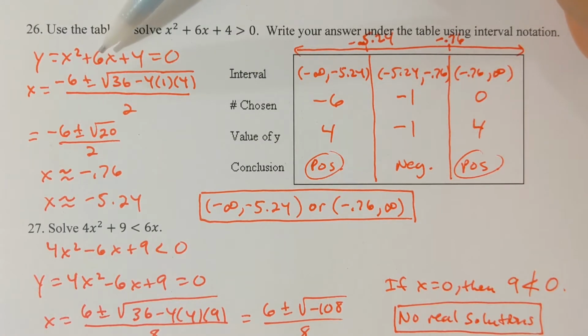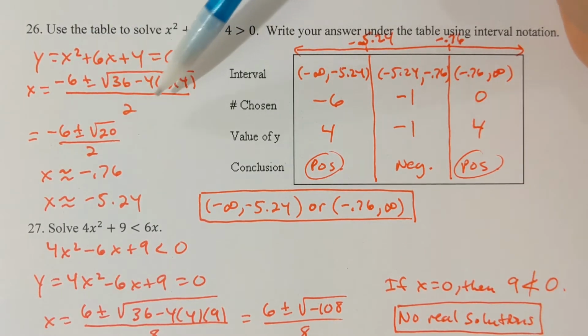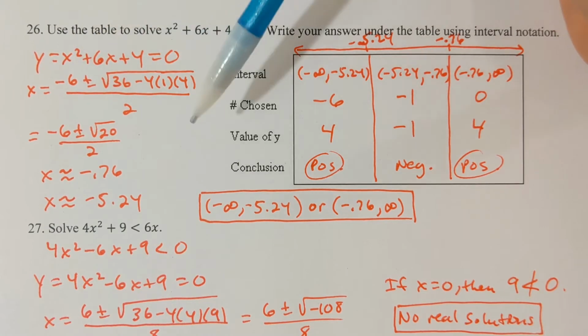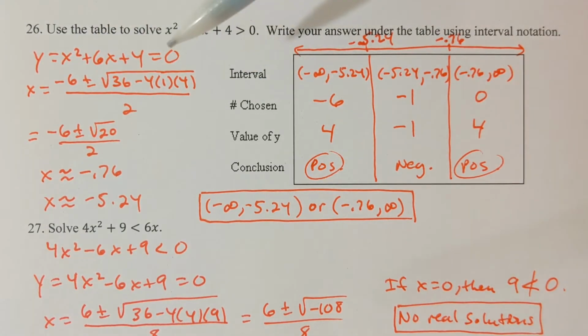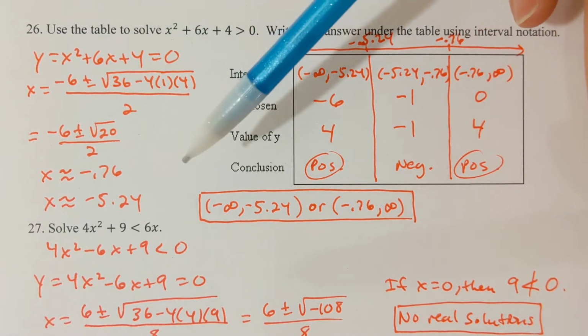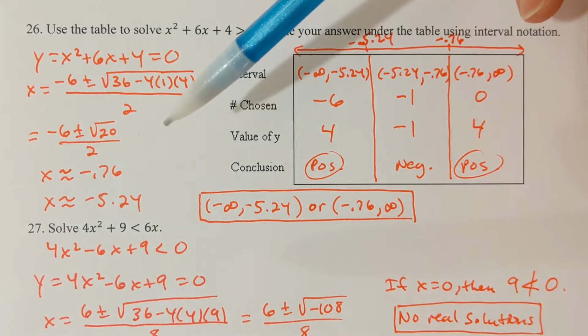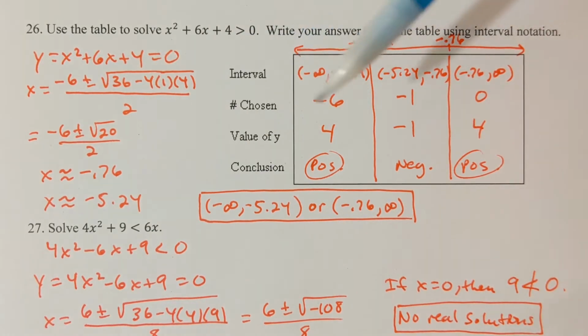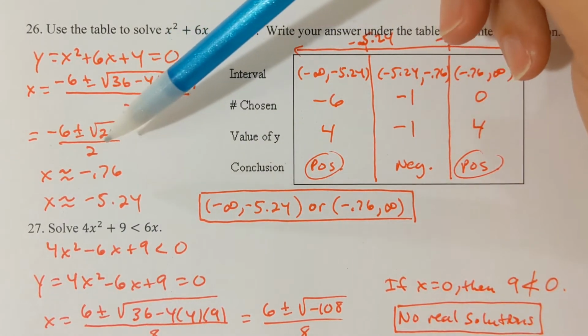We want the opposite of b, which is negative 6, and then plus or minus the square root of b squared. 6 squared is 36, minus 4 times a is 1, times c is 4, and this is all over 2a. 2 times 1 is 2. And when we simplify, 36 minus 16 is 20. Root 20, that's going to break down as 2 root 5,